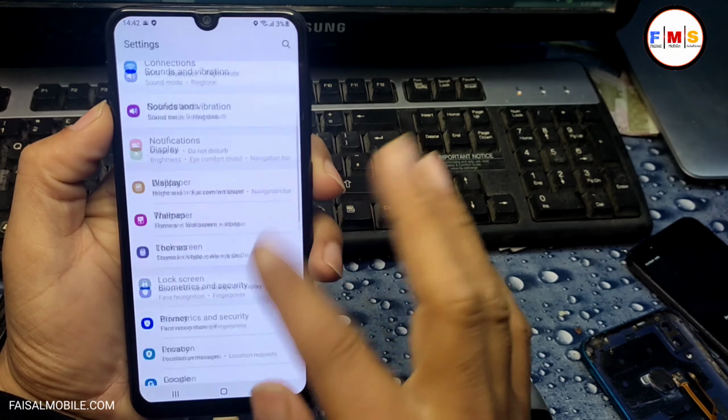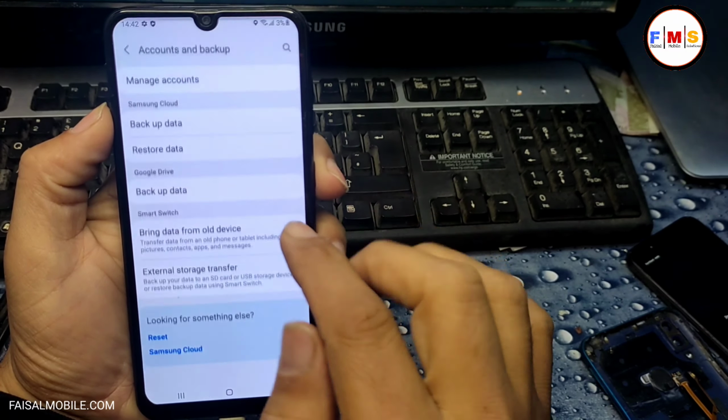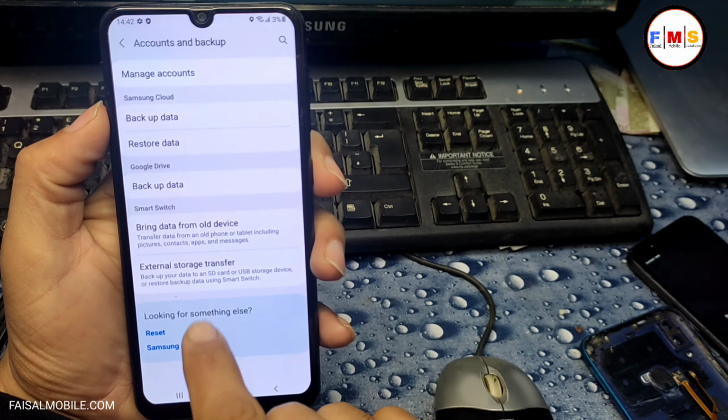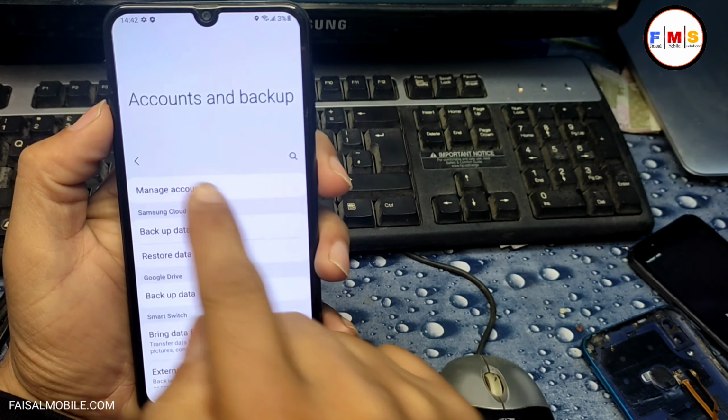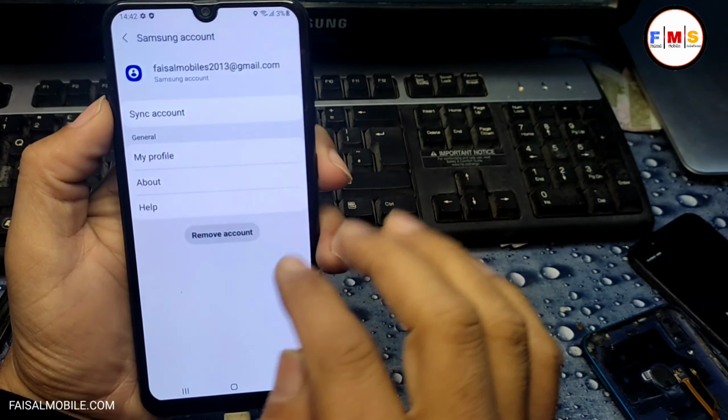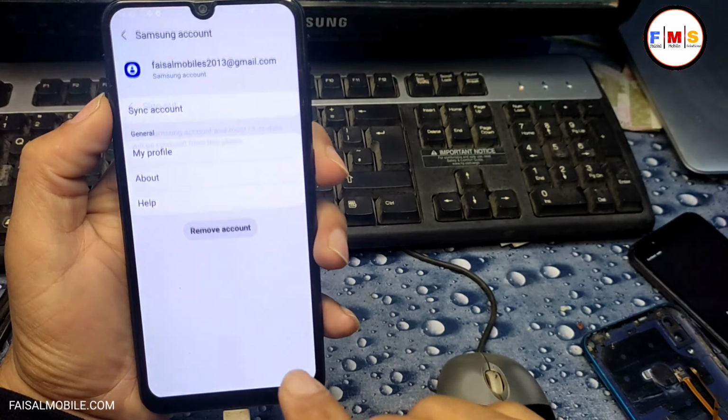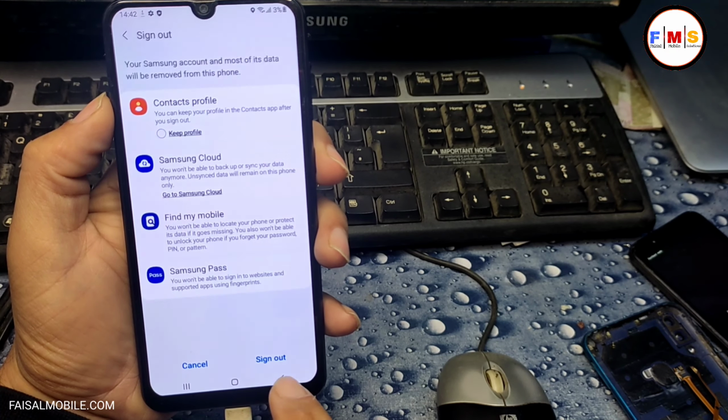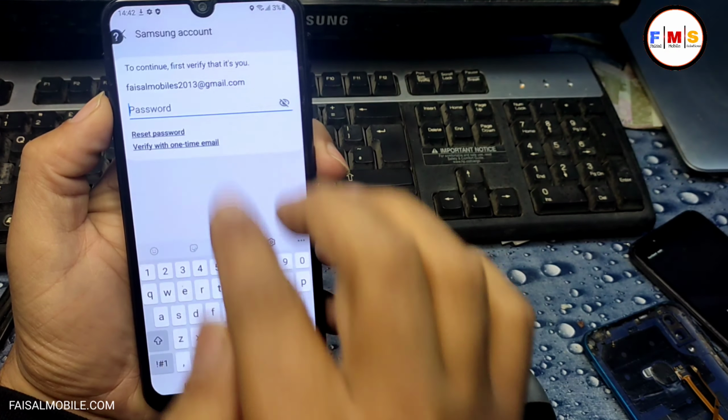So just go to settings and remove your Samsung account first. Just go to accounts, manage account, and here is my account. Just remove it, and this will ask for the password. Just give the password here.